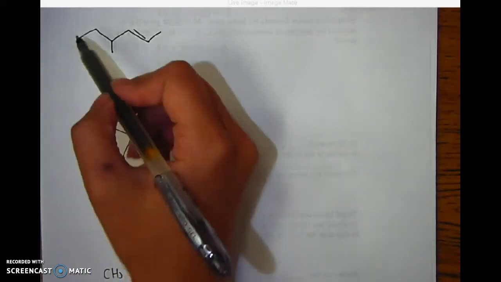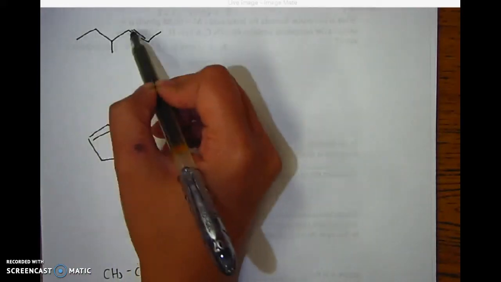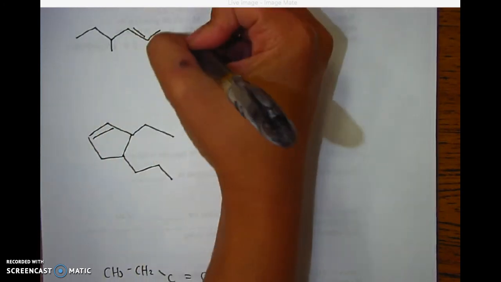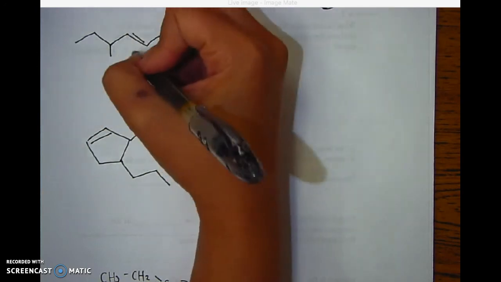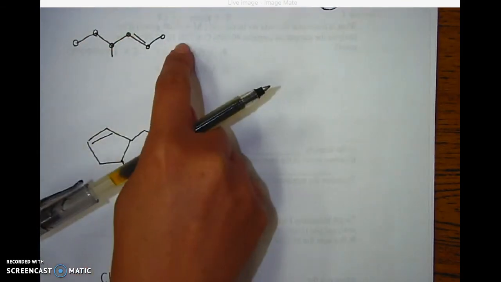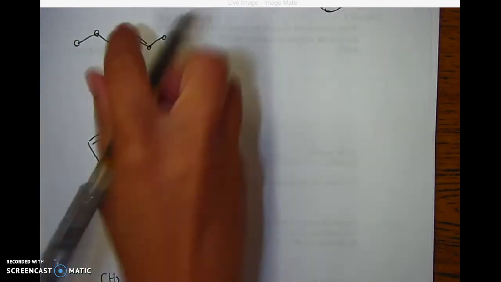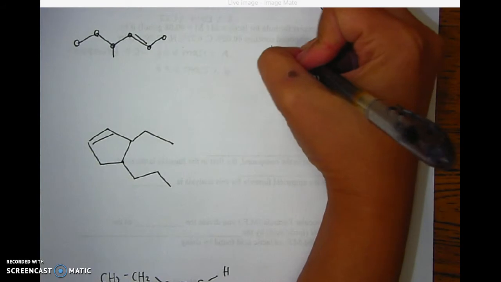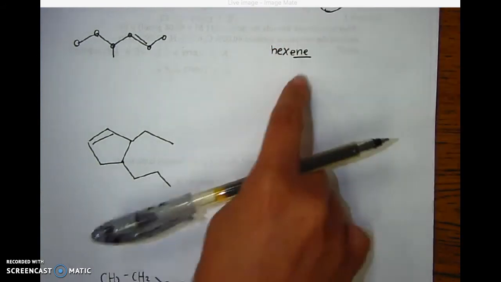Alright, so for this compound over here, we have 1, 2, 3, 4, 5, 6, and we could see that this is going to be the longest chain that we could have: a 6-carbon chain. Remember, each of these points here, even though they're not labeled as a carbon, that's what the point stands for. Okay, so we have 6 carbons, and we also see that there's a double bond here, so I know that this is going to be hex,